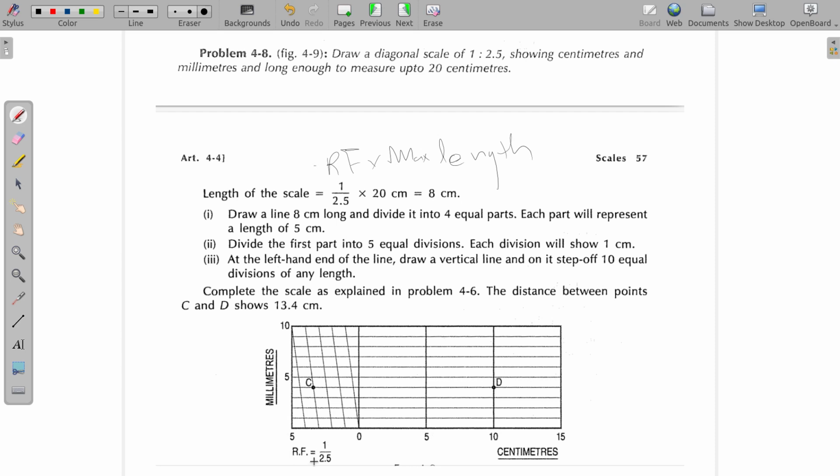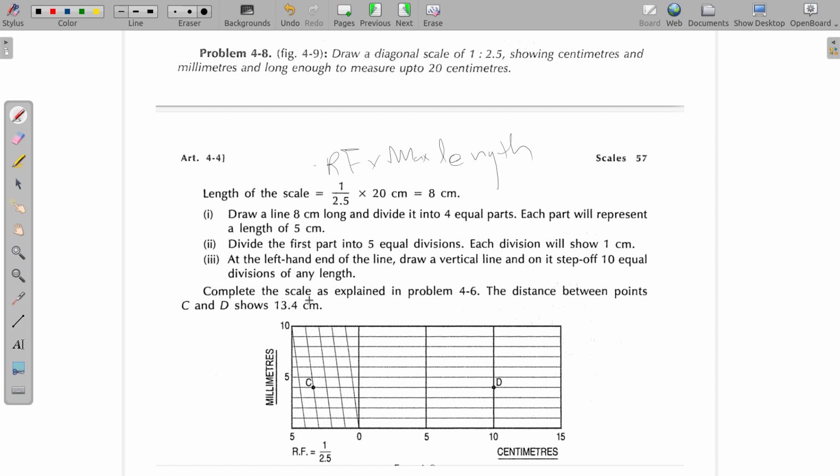and 5 centimeters can further be divided into 5 parts, so each of the small parts will represent 1 centimeter. Now each of the small parts, 1 centimeter, can be further divided into 10 millimeters, again using the idea I've described. So just the way you have divided into 5 parts here, also you divide into 5 parts. Connect 0th division to first division to second division to third division, etc. And then once this is done, you have a good accuracy, and you can show